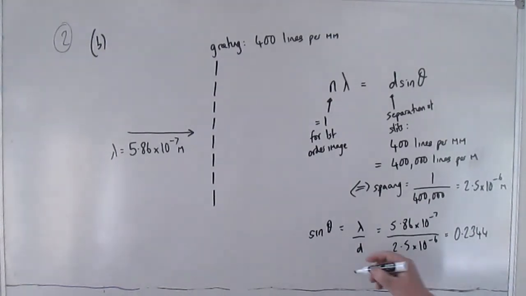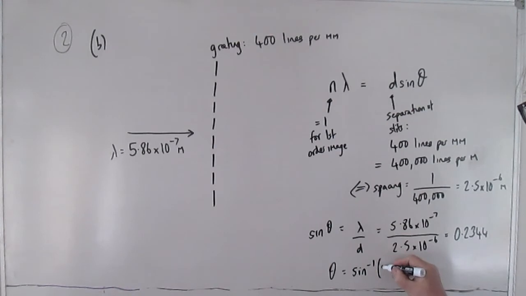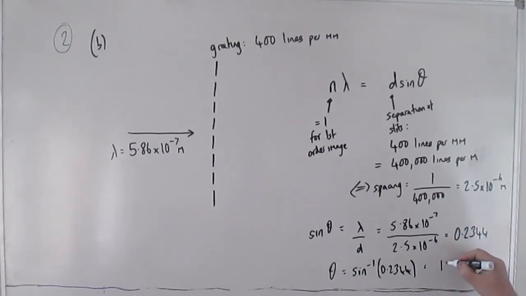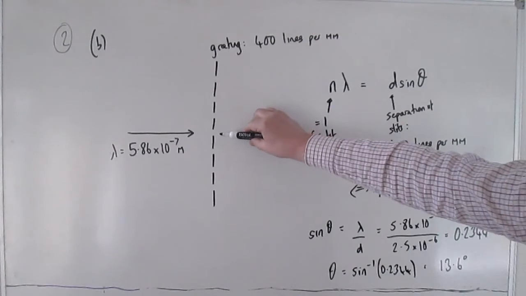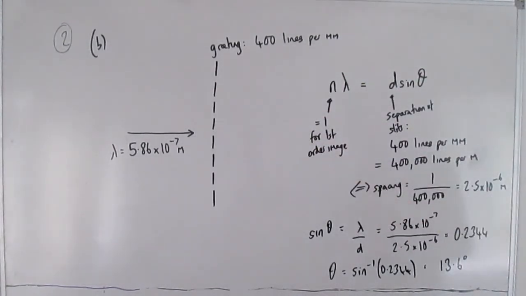And so theta is the inverse sine of 0.2344, which is 13.6 degrees. Okay, so you're going to get a 13.6 degree angle between that straight through image and the first image to either